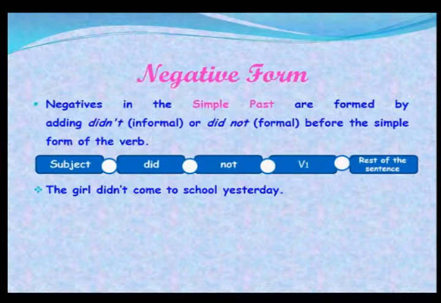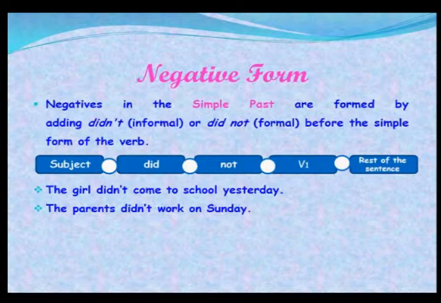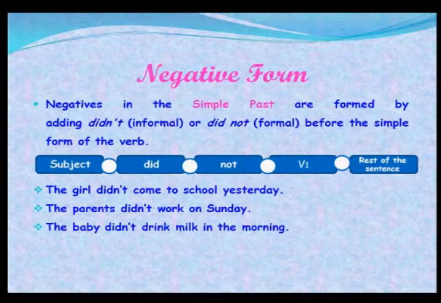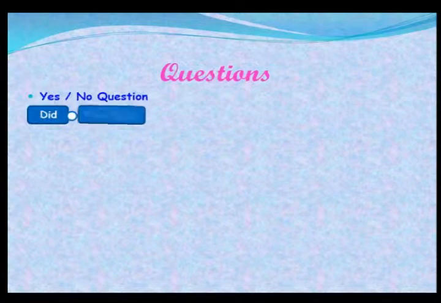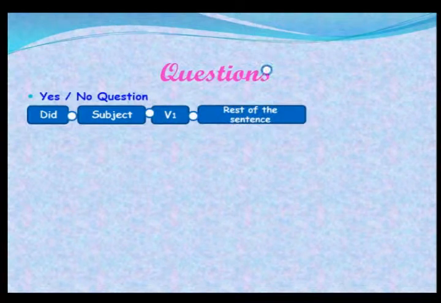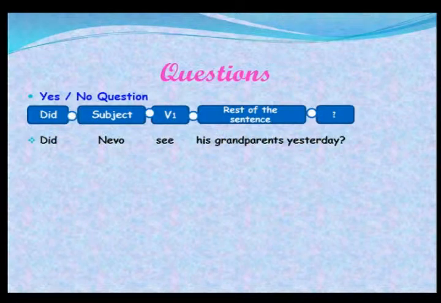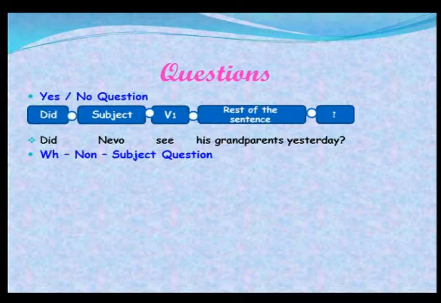For example, the girl didn't come to school yesterday. The parents didn't work on Sunday. The baby didn't drink milk in the morning. Question form: did plus subject plus verb 1 plus the rest of the sentence and question mark. Example, did Neville see his grandparents yesterday? And with the WH question,